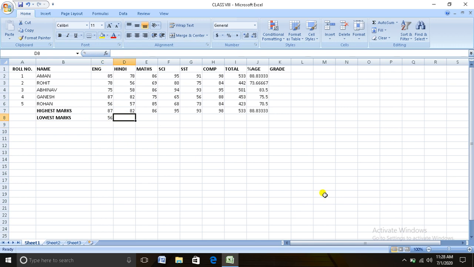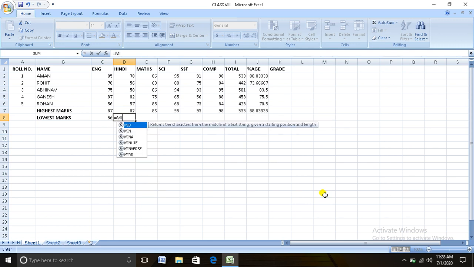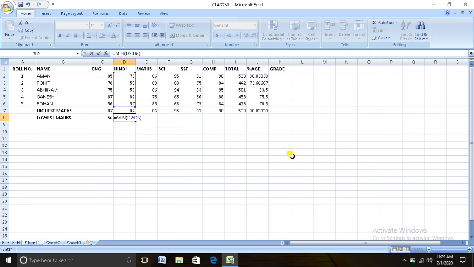Let us look once again. Put an equal sign, type MIN, opening parenthesis, starting cell range, colon sign and click on the ending cell range and close the parenthesis and press enter key. Now we have the lowest marks in Hindi, that is 56, and just copy it.